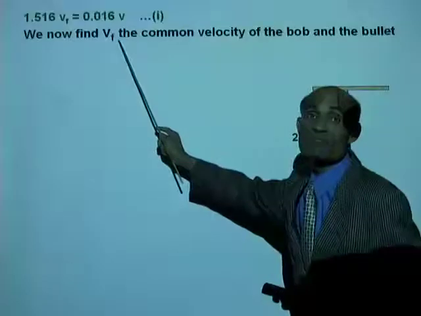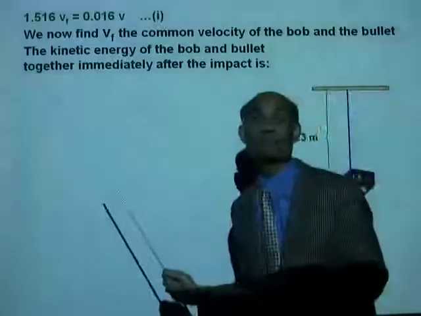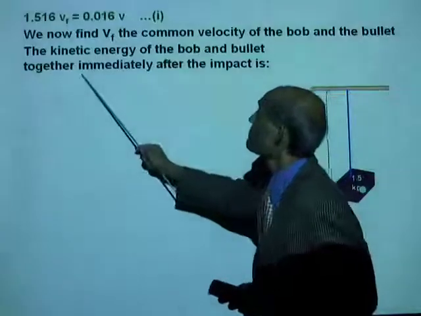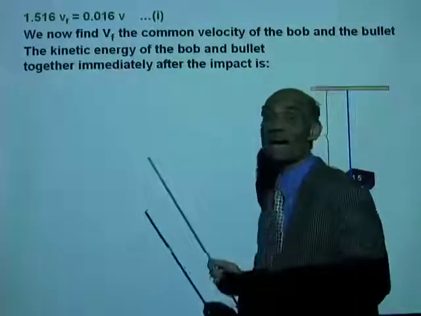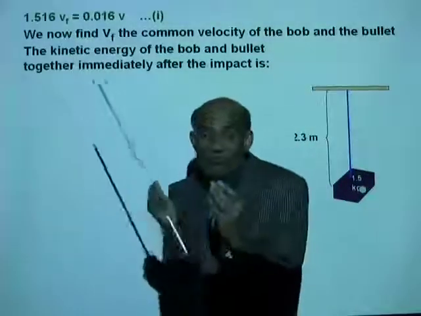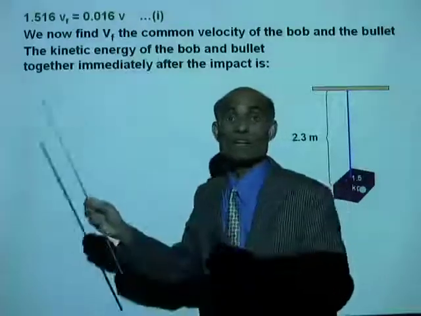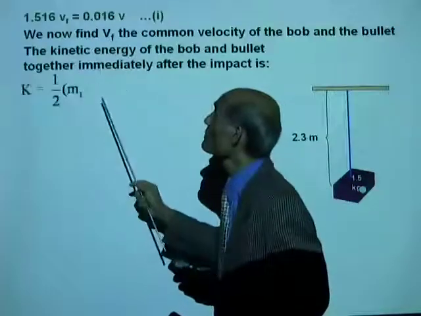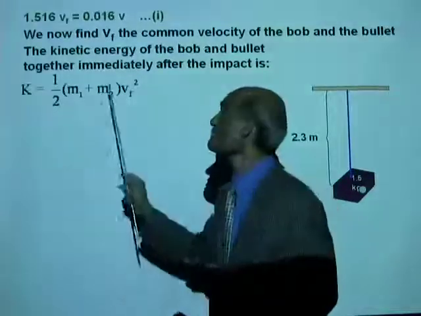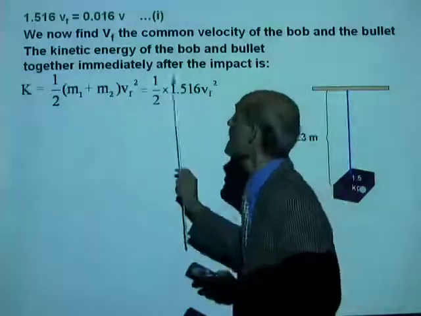We can now find the Vf, the common velocity of the bob and the bullet, by using the conservation of energy. The kinetic energy of the bob and the bullet together immediately after the impact. You see, Vf is the common velocity of the bullet and the pendulum bob immediately after impact. Therefore, its kinetic energy will be 1/2 (m1 plus m2) Vf squared. And we know m1 plus m2, we don't know Vf. And that will be 1/2 times